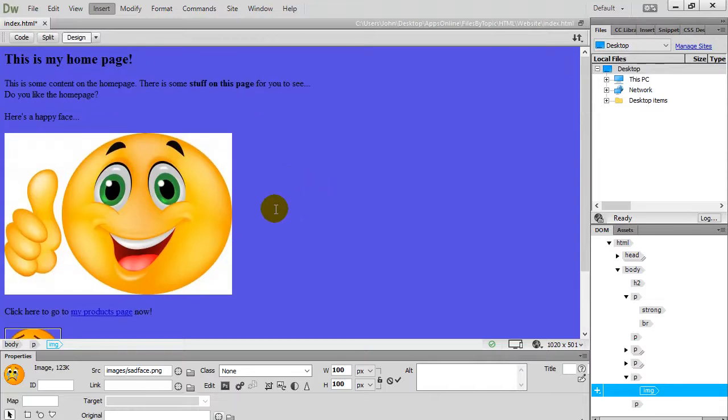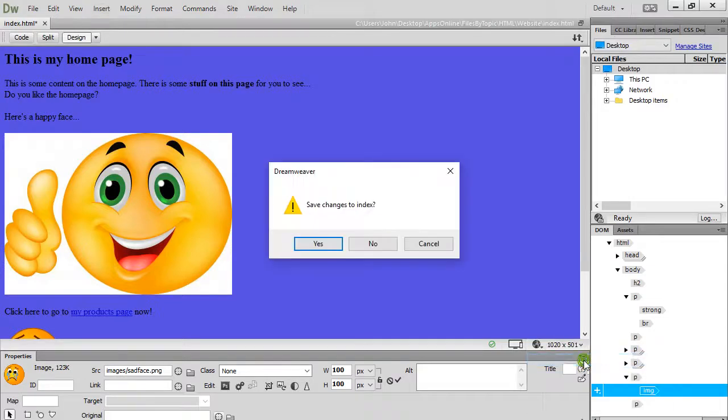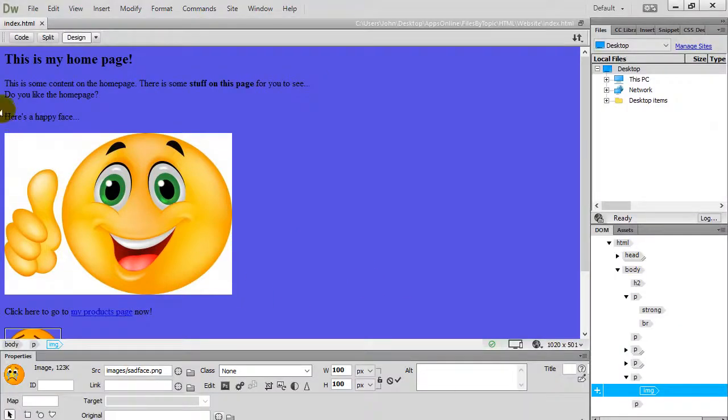Now, when you want to see what your page actually looks like, here's what you do. You go down to the globe, and you say Preview. And for this course, I'm always going to use Google Chrome to test out the stuff you make. So you can just use Chrome. It'll almost always ask you, you've done some changes, do you want to save it? Notice that little star. That little star there means you haven't saved it yet. So say yes to save it. And there's the real thing that somebody would see if they were using Chrome, right? And there's your page. So it's a very fast workflow. Back to DreamWeaver, do some edits,